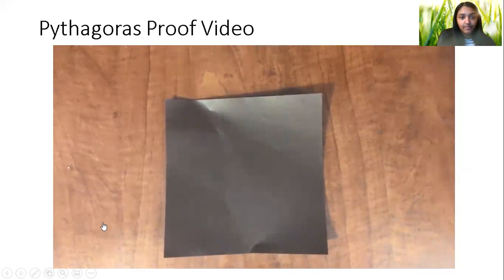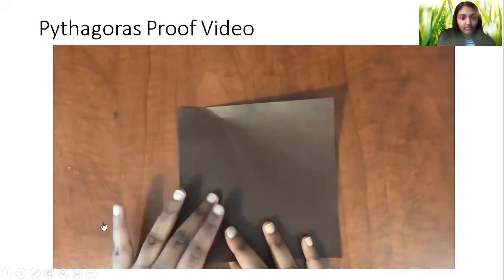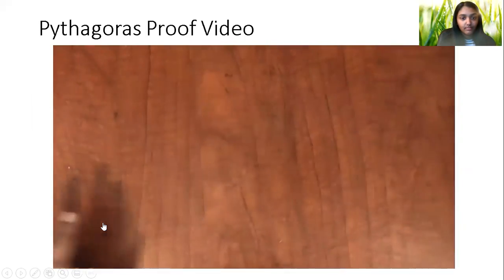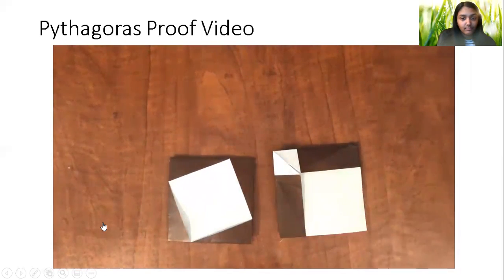In this video, I'm going to show you how to prove the Pythagoras theorem by using origami. So I folded my two figures from an origami piece of paper like this. One side has color and one side is blank. These are the two figures. As you can see, this one